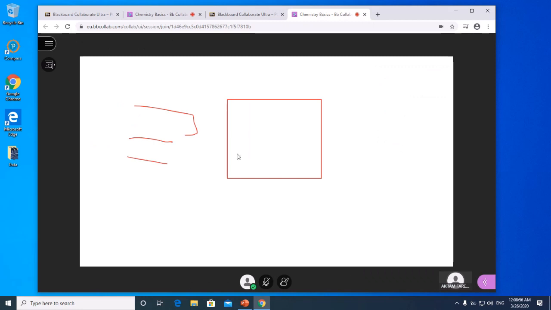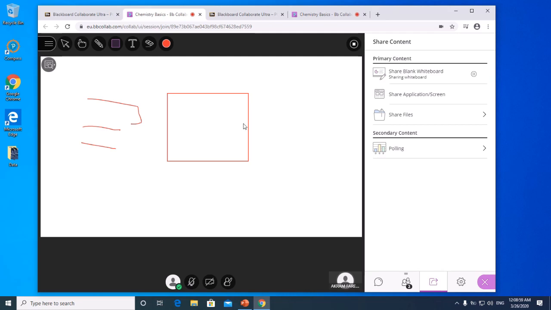You see, they will see exactly what you are doing on the whiteboard. Now, one important point, you should click this microphone icon. When it is black like this, it means that they will not hear you. If you want your students to hear you, you have to click this one. Now, this means that when you talk, your students will